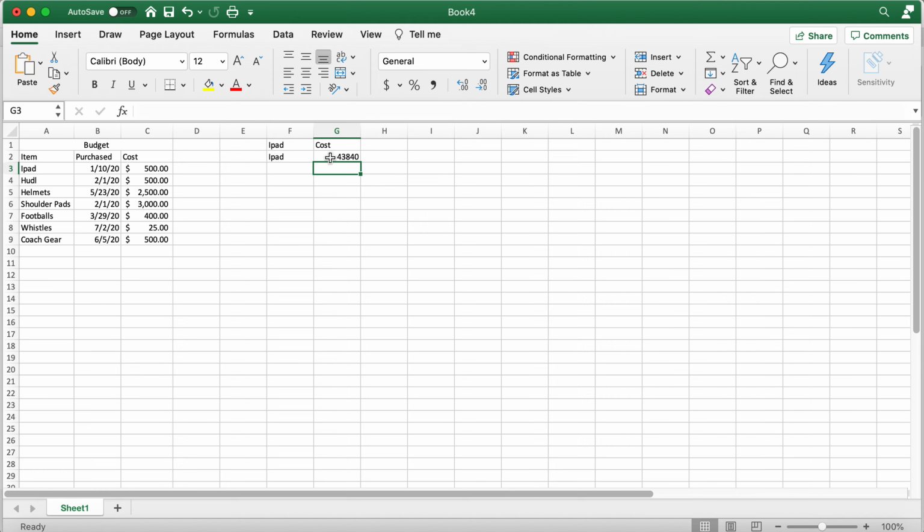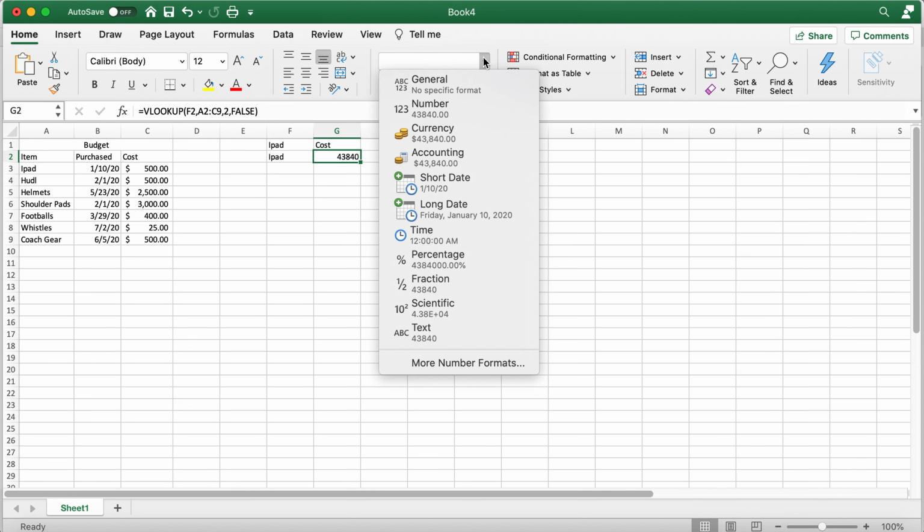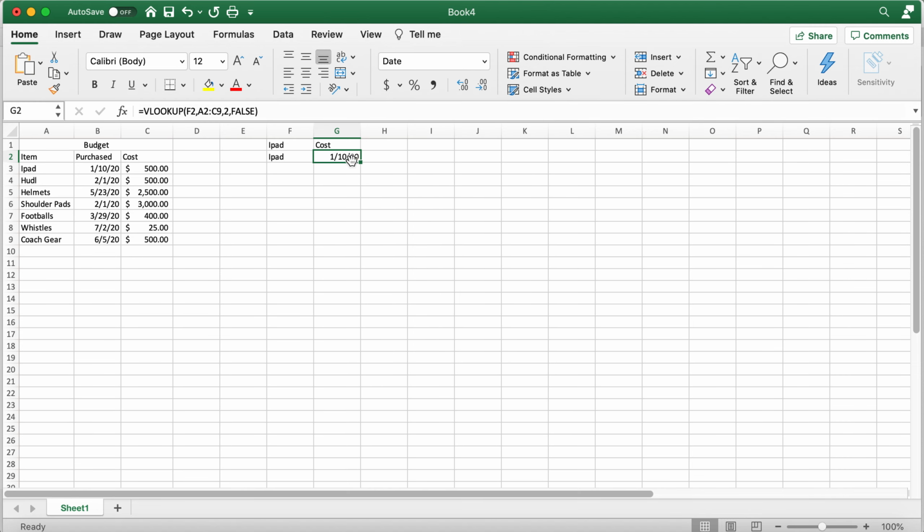No, it's because this is a date. Well, this is just a general number. So if I come up to general here and go short date, it returns me the 1/10/20, which is exactly the purchase date there. And that's how you can use VLOOKUP to look up different things in a large set